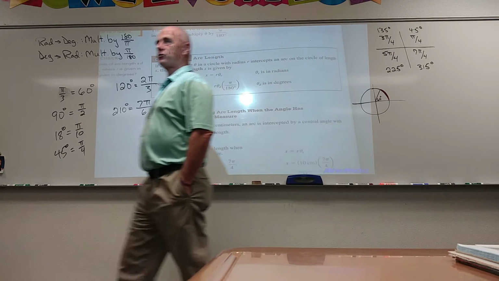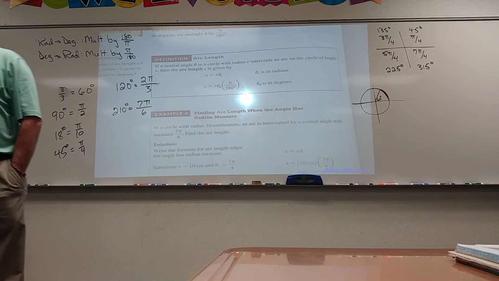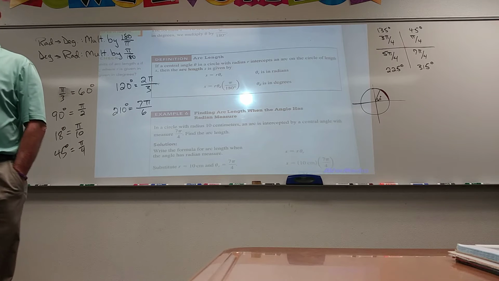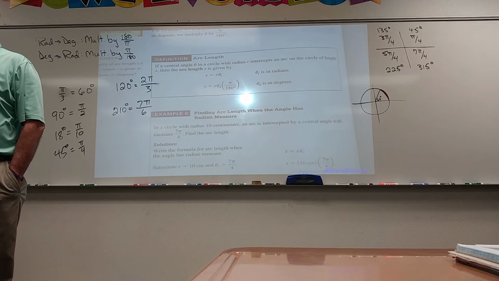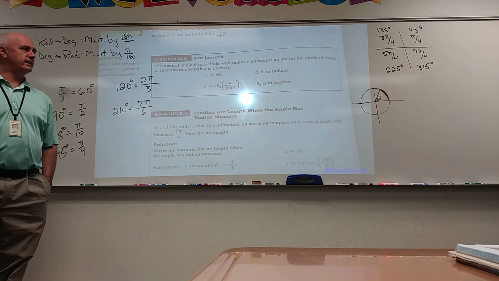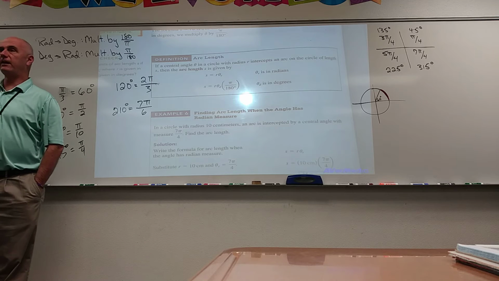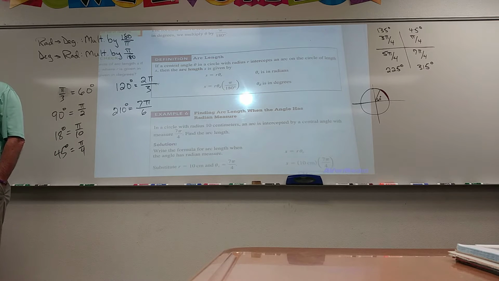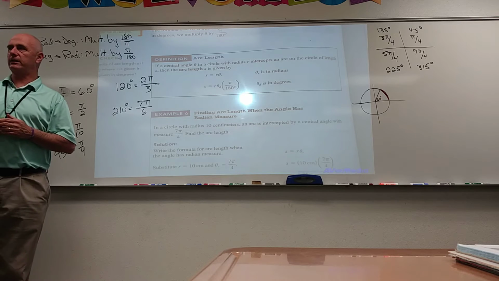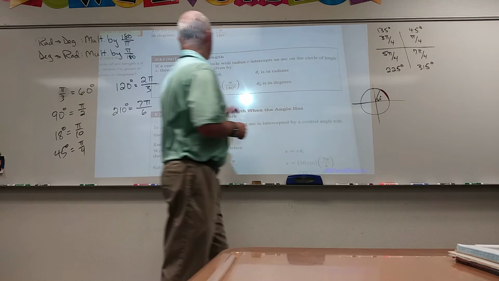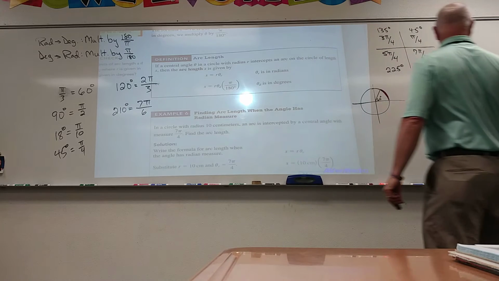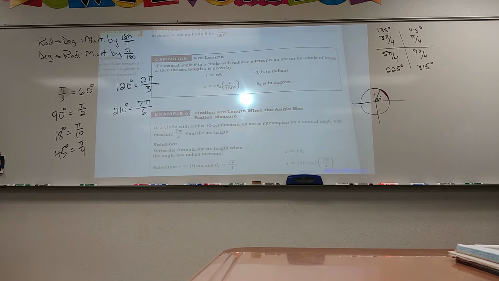If that circle were a unit circle, then that arc length would be pretty small. If that radius were 5 miles, that would be an awfully long walk around that circle, right? So we do have to know the radius. So the arc length has to somehow be tied in with the radius, right? Okay. So they give you this formula here, but my belief in a lot of this stuff is